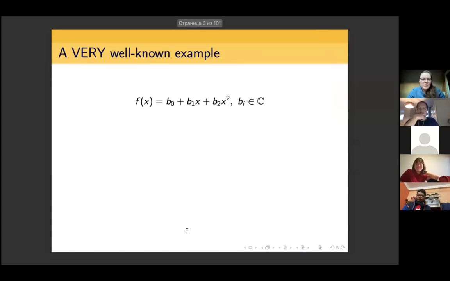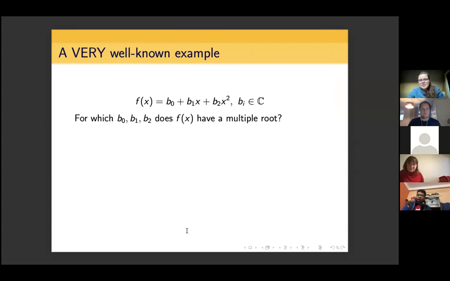So we consider a quadratic polynomial with complex coefficients. We work everywhere all over complex numbers. And a very essential question that one can ask about this polynomial is whether it has a multiple root, or for what kind of coefficients b0, b1, b2 would such a polynomial have a multiple root. And the answer is known from high school. There is this expression which we all called discriminant without probably realizing what it is in general. b1 squared minus 4 b0 b2 should vanish so that this polynomial